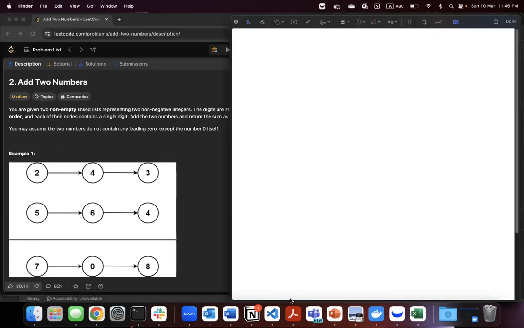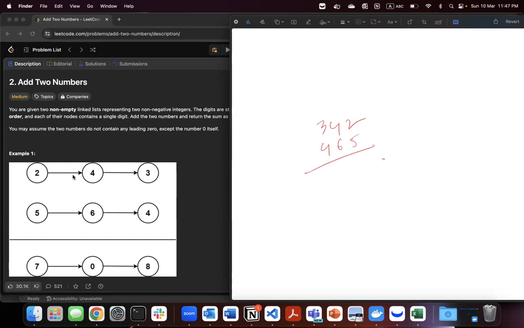Okay, let's revisit the addition of two numbers, how we can add two numbers. So let's start with this example. We are given two numbers, 342 and 465. If we sum them together, we have 2 and 5, that is 7. 4 and 6, so the sum is 10. This 0 will be here, and